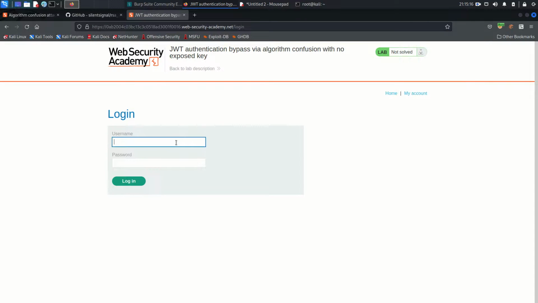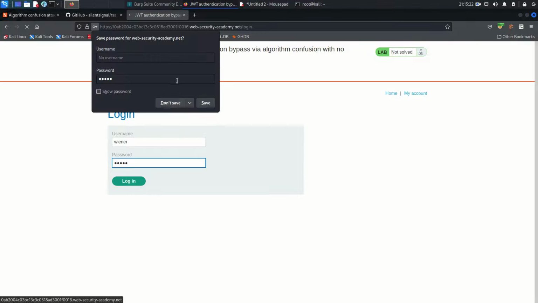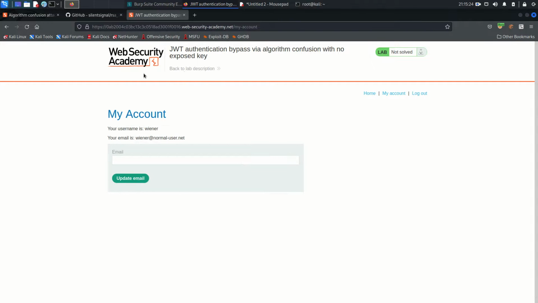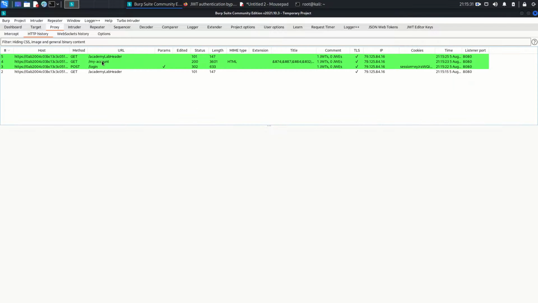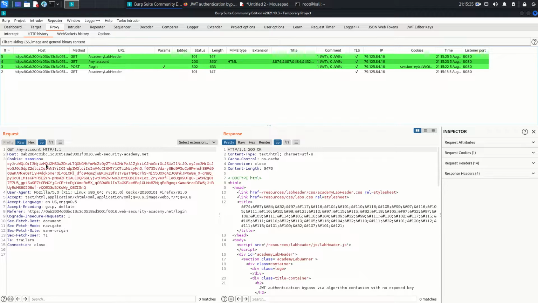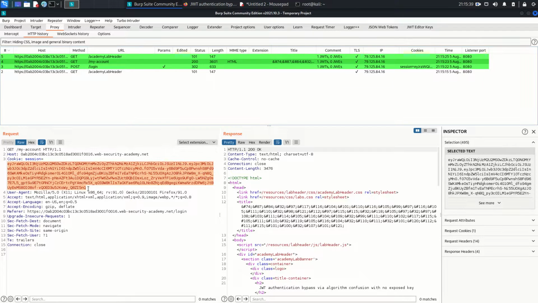Okay, and let's just log in. The username is Wiener and the password is Peter. Come back here, go to the HTTP history, and look at the requests containing JWT. Go to my account, and this is the genuine token which I am going to copy and paste